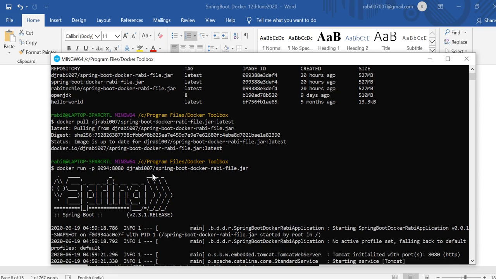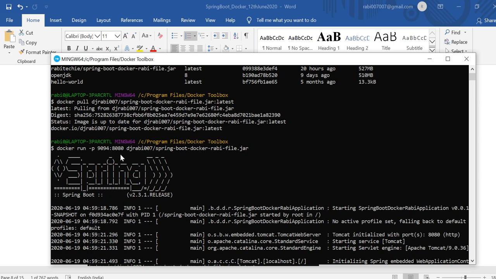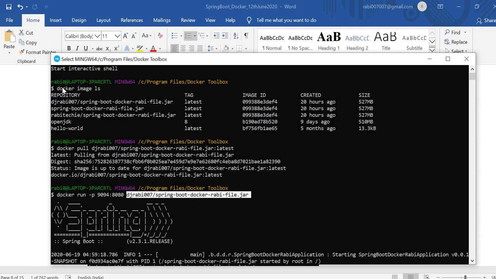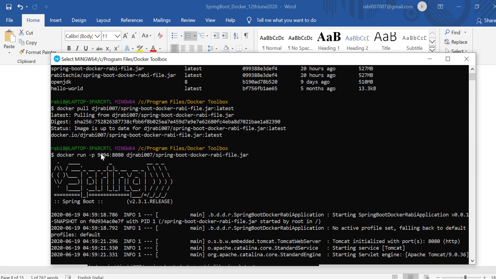I have pulled here, and since it's already there, you see that it is up to date, and docker run -p 9094:8080, and this one I am going to execute here. There might be different versions, so here is the advantage. You can test with a different version, right? You don't have to set up or deploy multiple things. You have already downloaded different versions, you can check which version has broken, and if you get any issue, you can easily detect it. Okay, here I mentioned 9094.